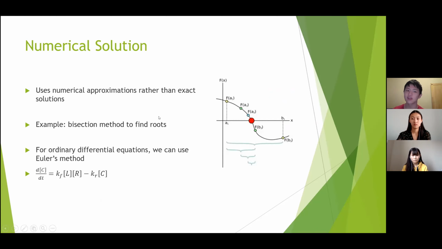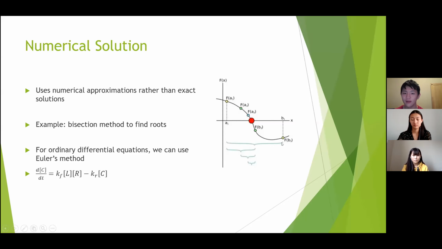And just to give an example for this, so you have some of the intuition of what we're doing with this differential equation. So you want to find the root of this function, right? But it's not some simple algebraic form, so you can't actually just solve to find the zero exactly. But what you do know is that at x equals a1, f of a1 is above 0, and at x equals b1, f of b1 is below 0.